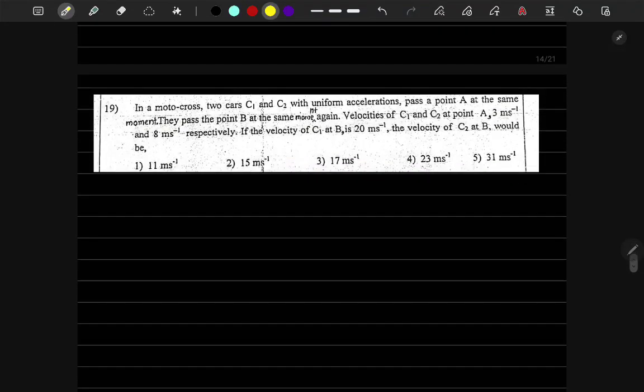Question number 19. You have two cars with uniform accelerations passing a point A at the same moment, and they pass the point B at the same moment again. The velocities of C1 and C2 at point A. So let's draw a rough diagram first of all. So you have C1 and C2